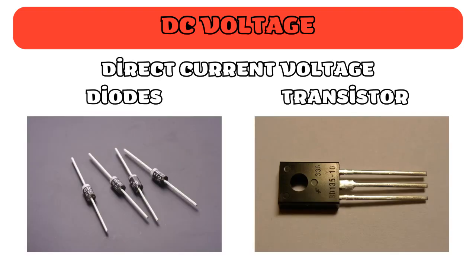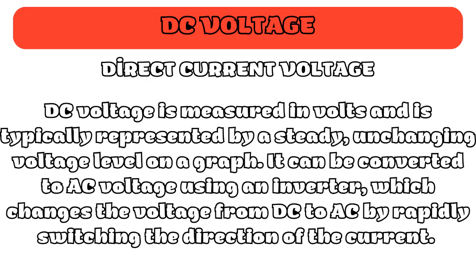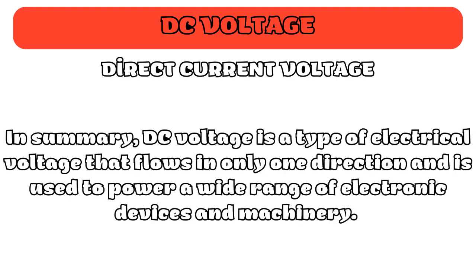One of the advantages of DC voltage is that it can be easily controlled using electronic devices such as diodes and transistors. Another advantage is that it is typically more efficient than AC voltage for certain types of devices and systems. DC voltage is measured in volts and is typically represented by a steady, unchanging voltage level on a graph. It can be converted to AC voltage using an inverter, which changes the voltage from DC to AC by rapidly switching the direction of the current. In summary, DC voltage is a type of electrical voltage that flows in only one direction and is used to power a wide range of